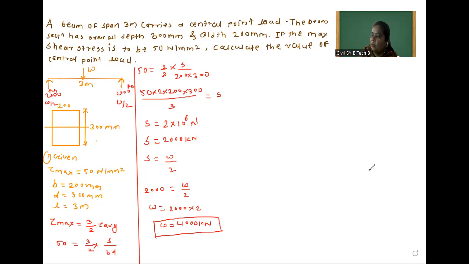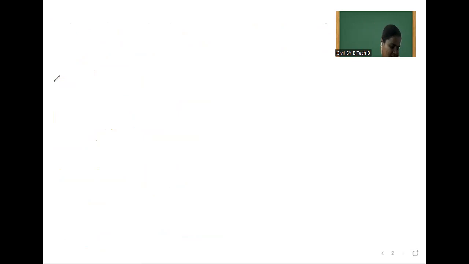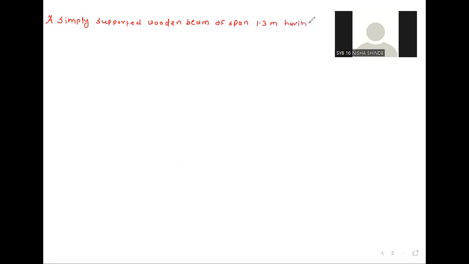Okay, please write down next example. A simply supported wooden beam of span 1.3 meter, having a cross section